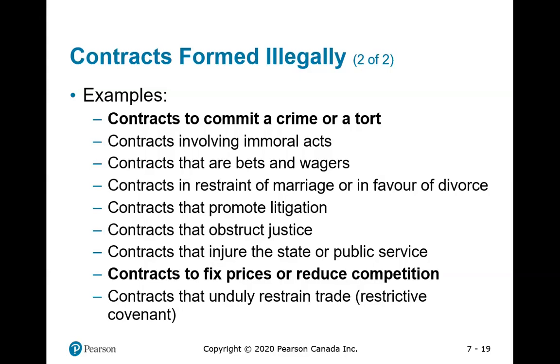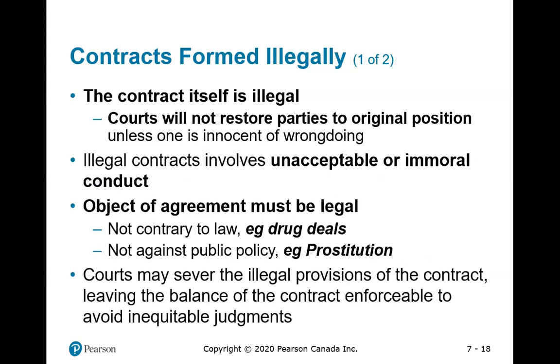Okay, gas stations. If gas stations get together to set one price, if they have an agreement, this is an illegal agreement as well. So, straightforward: a formed illegal contract is one in which the object is illegal. Is this clear? And courts will not help. If you sue, courts will say, no, I cannot take this lawsuit because it was a formed illegal contract.